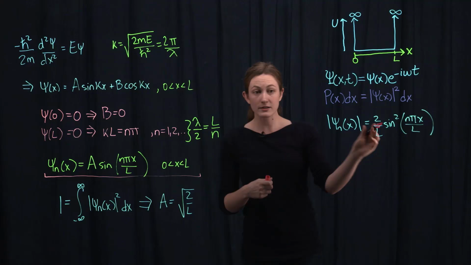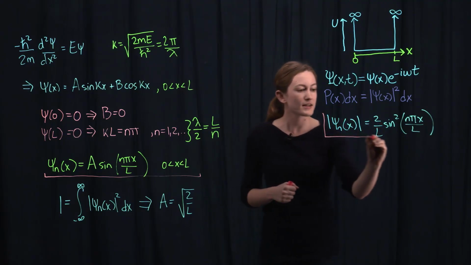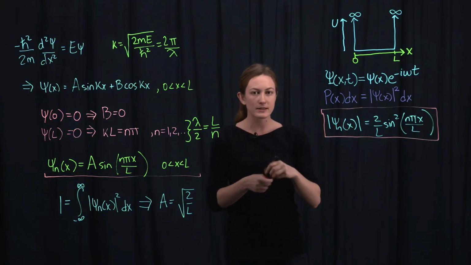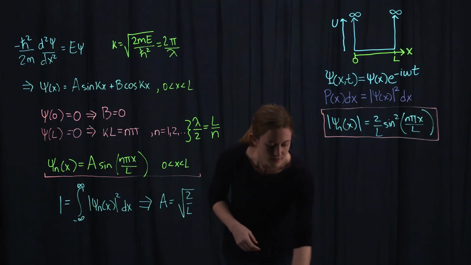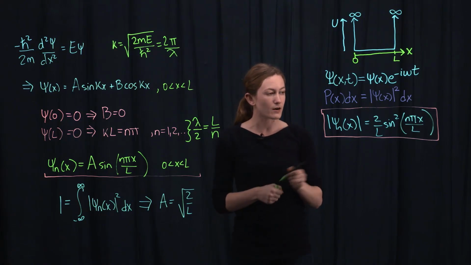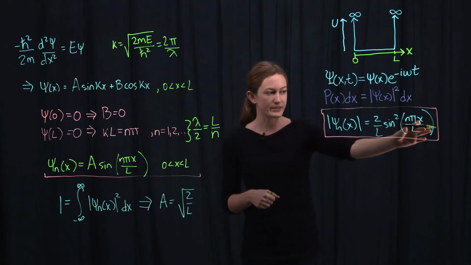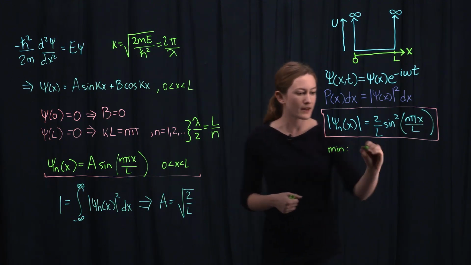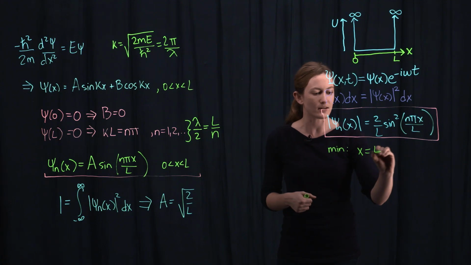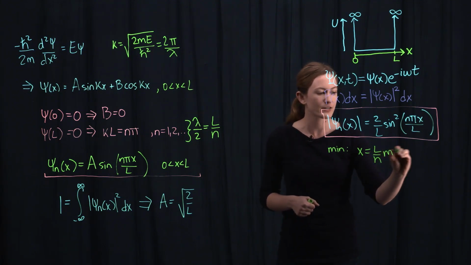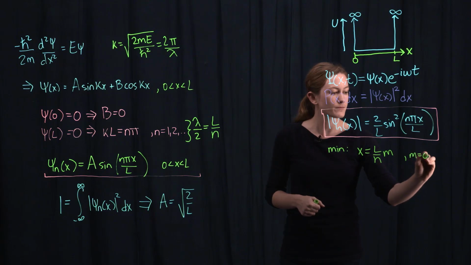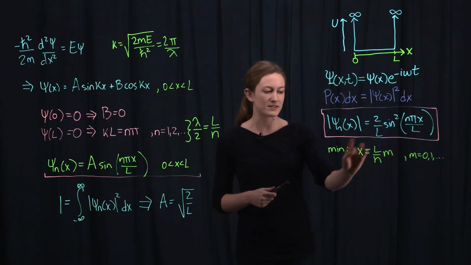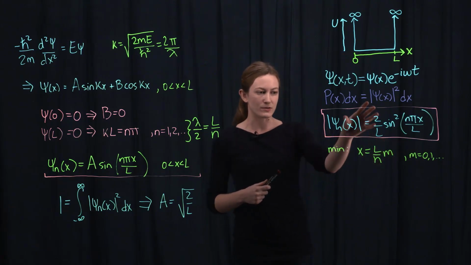So the argument, sine squared here runs between 0 and 1. So this probability density is a minimum when sine squared equals 0, or when the argument of the sine is an integer multiple of pi. And that'll happen when x equals L over n times some integer, let's call it m, where m runs up until n, since at m equals n, x equals L, and the wave function is only